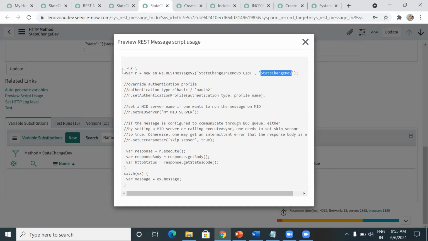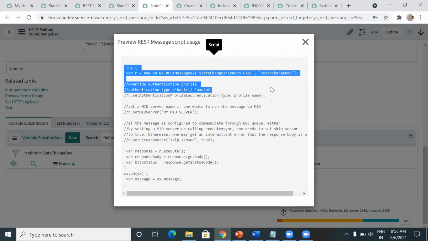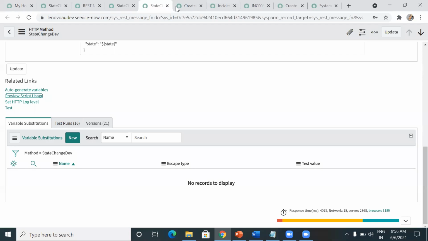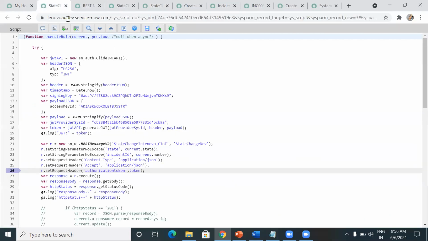Okay, so if I use this line in any kind of scripting part, then automatically it will trigger here and it will hit the third party tools and all. Okay, so see, where response is equal to getting the response, also we have this. So we took this as well. I'll show you. This is nothing but a JWT